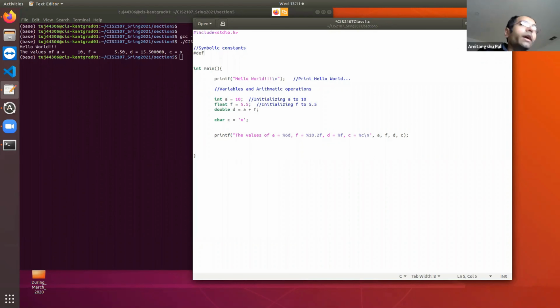I can write #define PI 3.14. Here I am defining pi as 3.14, and if I write it this way, it will be considered a symbolic constant. That means it will remain constant throughout the course of your program. We cannot change it. This is a symbolic constant.